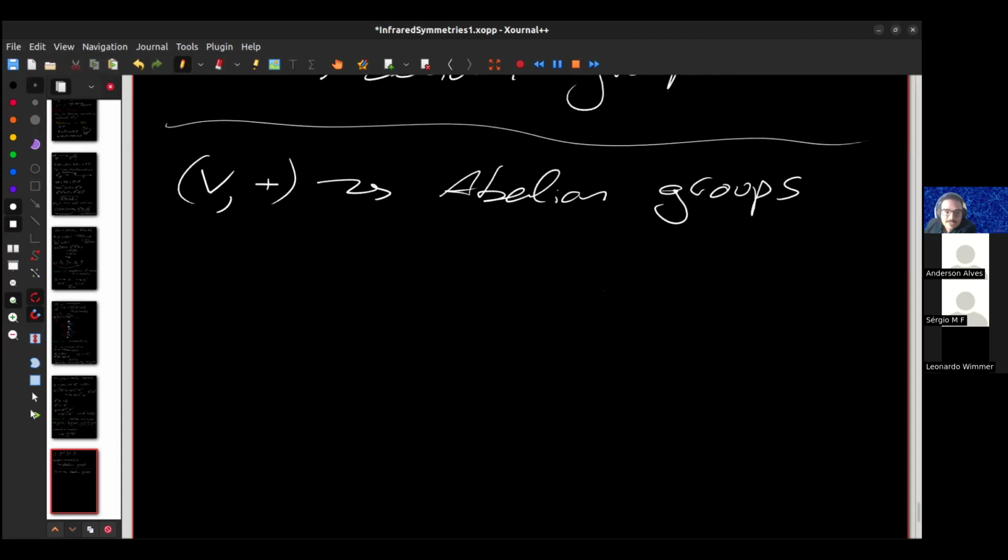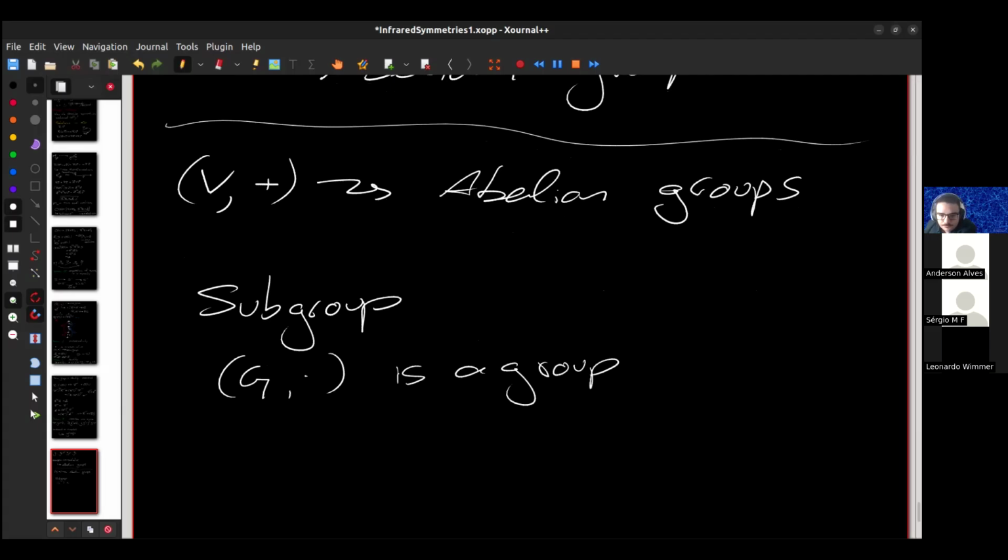So for example, we can discuss what is a subgroup. A subgroup is the following. If (G, ·) is a group, and H is a subset of G,